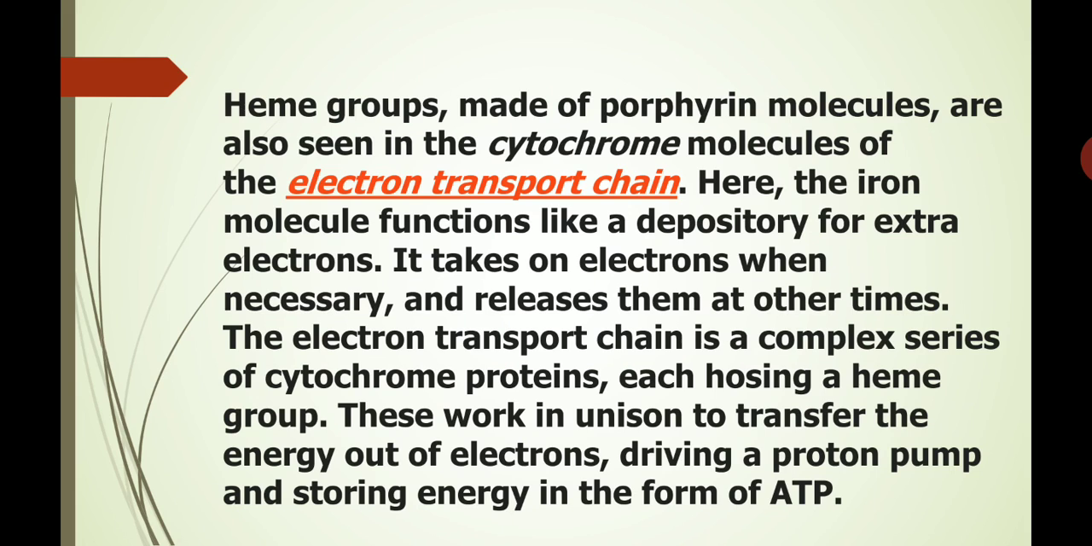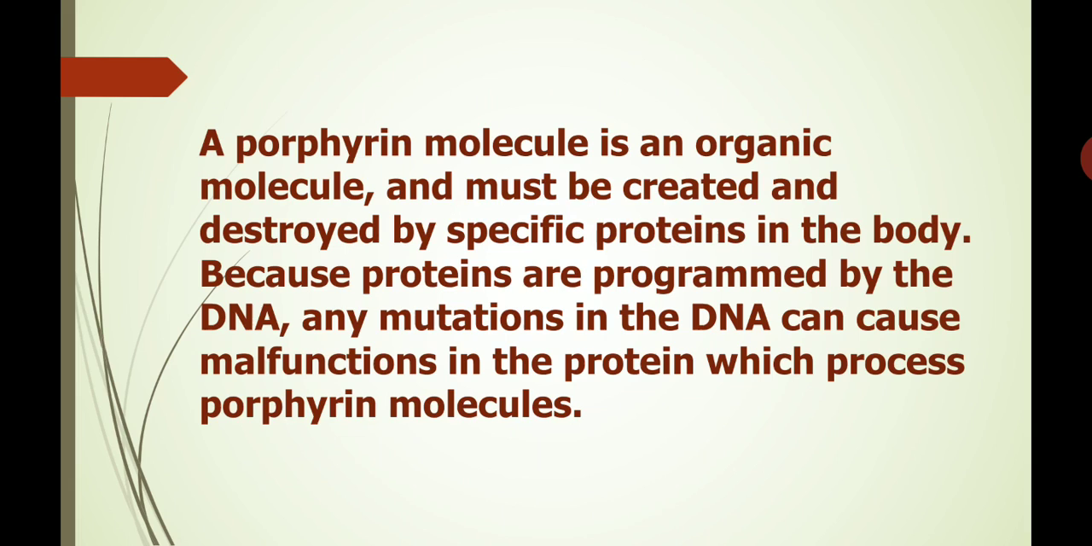The electron transport chain is a complex series of cytochrome proteins, each housing a heme group. These work in unison to transfer energy out of electrons, driving a proton pump and storing energy in the form of ATP. A porphyrin molecule is an organic molecule and must be created and destroyed by specific proteins in the